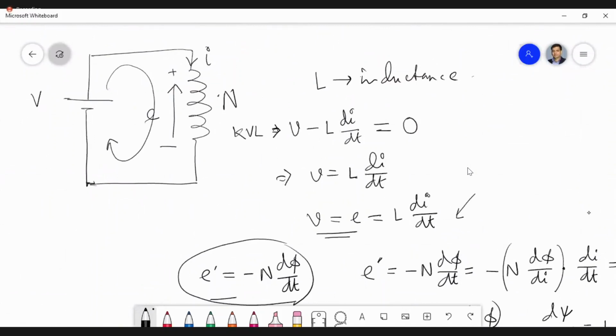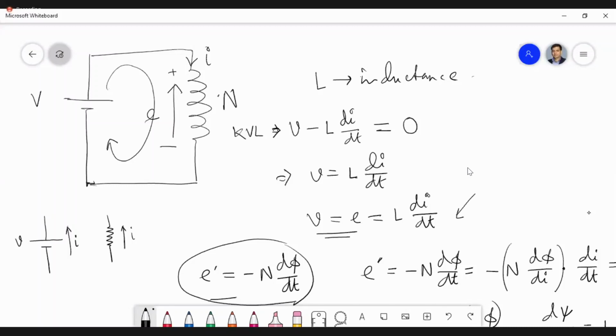Now, you should know this, that suppose I have a battery, okay, and I am assuming my current is flowing in this direction. This is the battery, this is the voltage V. I am assuming the current is flowing to this direction. And suppose I have a resistance. Okay, the resistance is a passive element. And I am assuming the current is flowing in this direction.